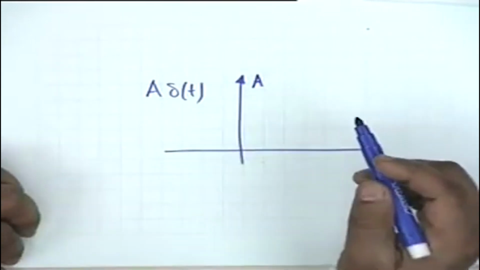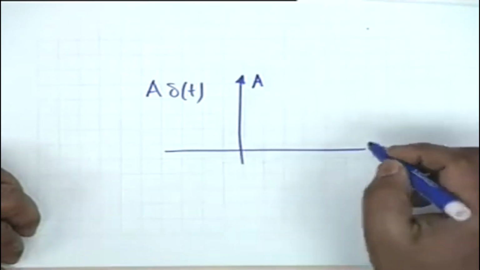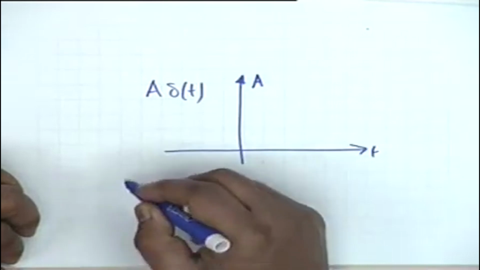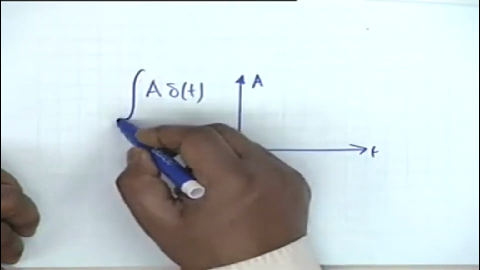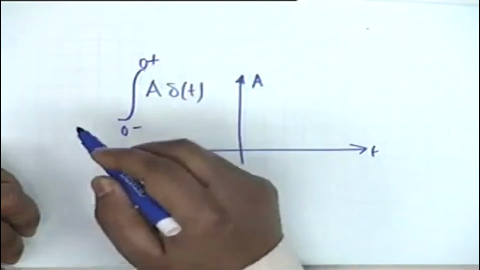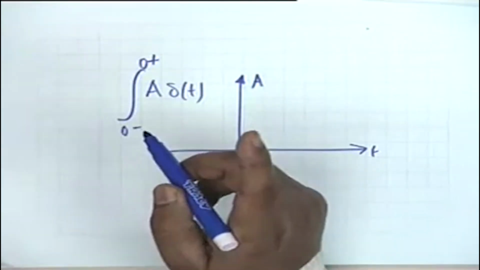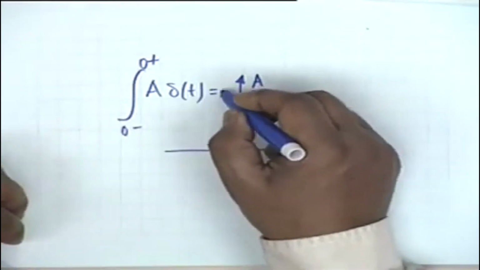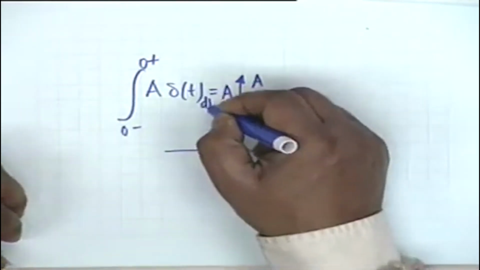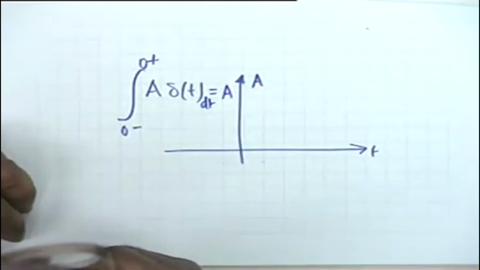This area is also called the strength of the impulse, written by its side, which means that if you integrate this from 0 minus to 0 plus, that is over basically an infinitesimally small interval, then this would be simply equal to capital A. There must be a dt here, all right,